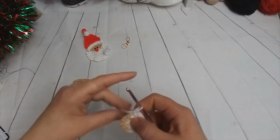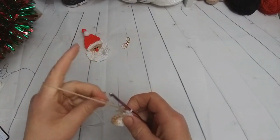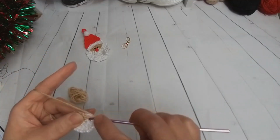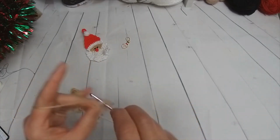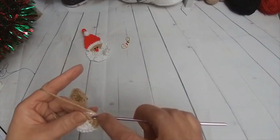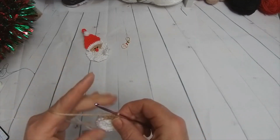So we are now swapping again. So I'm going to drop my white, pick up the right bit of the skin tone on my hand, and I'm going to run my white along the back of that skin tone, 2 in each. So that's 1, 2, 3, 4, 5